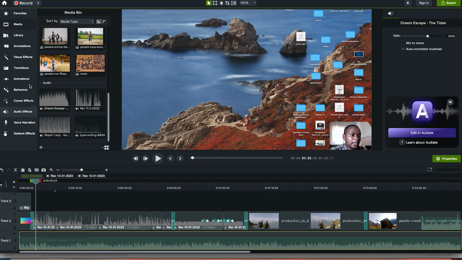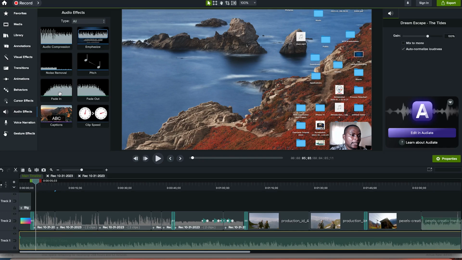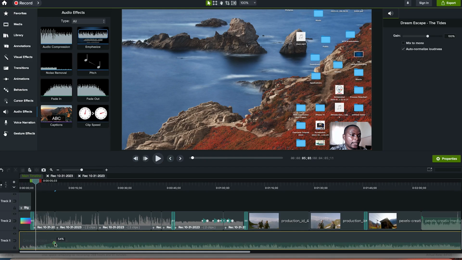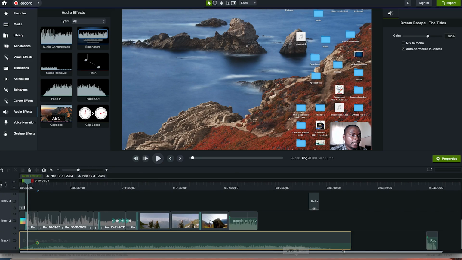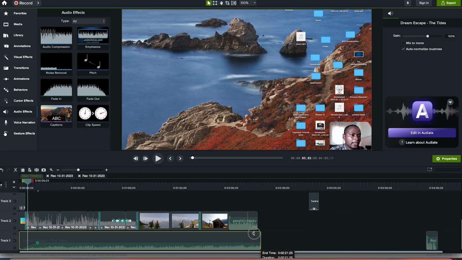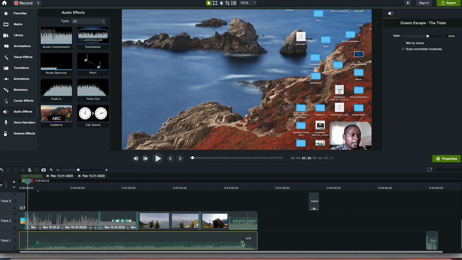Okay, so what I usually do, I come to the audio effect, and then I can insert a fade in, which means the audio can now fade in from 0 to 100% across. And then I can insert a fade out, but then I have to zoom this to fit. So I can drag this to fit into the end of all of my creation, and I can insert a fade out directly. Insert a fade out, and then I can reduce the sizing from 100 down to 0, so the music will flatten out. So you can select this and increase or decrease the intensity or the gain from here,